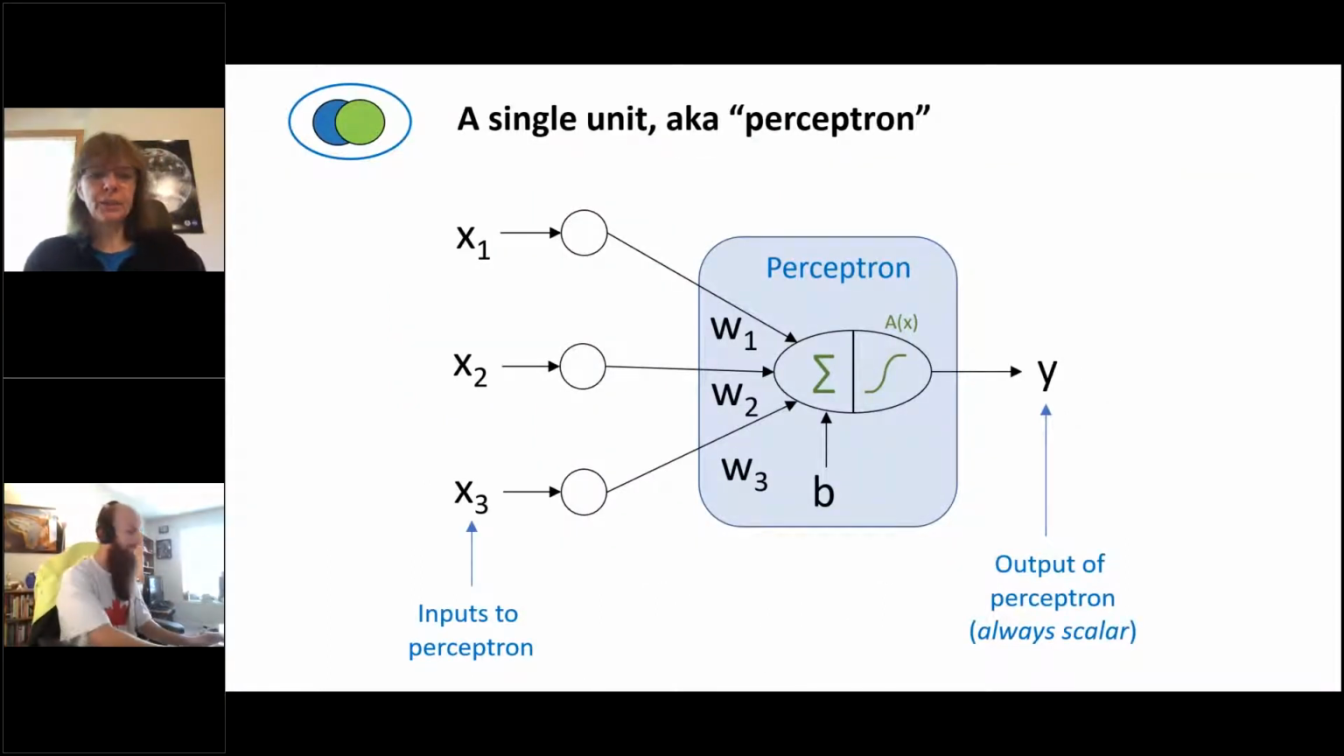So let's look at a single unit again. So a single unit, also known as a perceptron, and